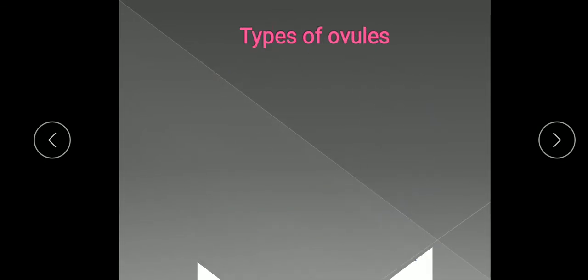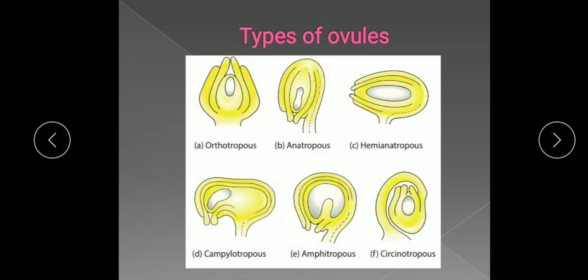Now after placentation, types of ovule. This is also just for your information, for practical purpose I am explaining you. Types of ovule depending upon the relative position of micropyle and chalaza at maturity, the following types of ovules have been recognized. So what are these? First you understand what is micropyle and the chalazal end. This is micropyle, that is the opening of the ovule here, and this is the chalazal end. So on the basis of position of the micropyle and chalaza, the types of ovule are here.